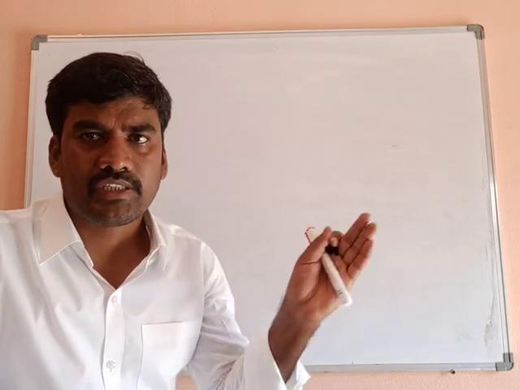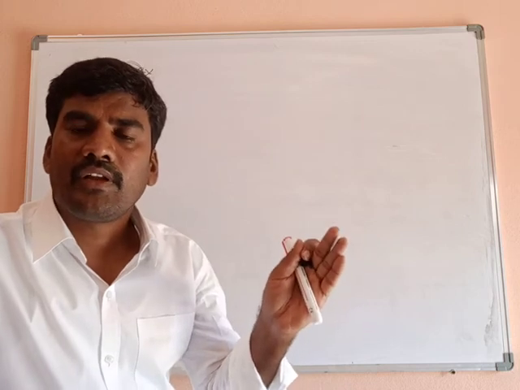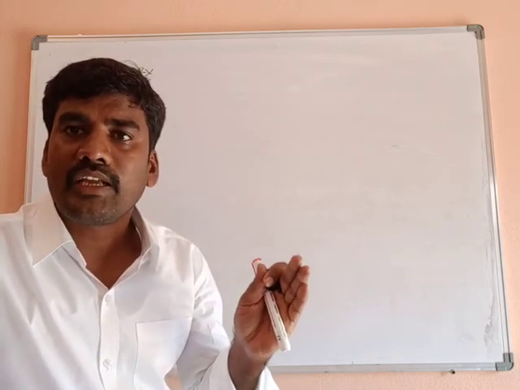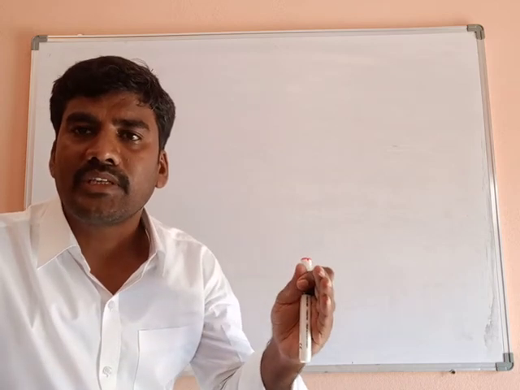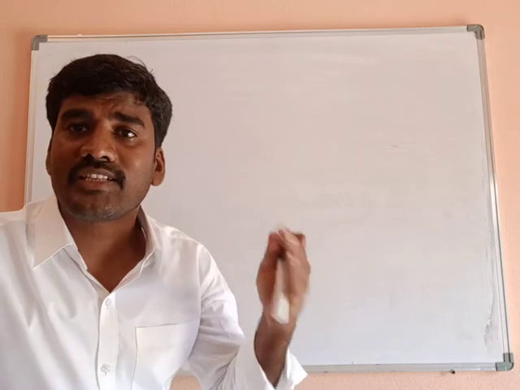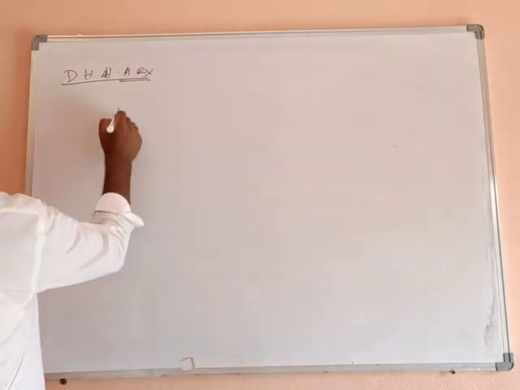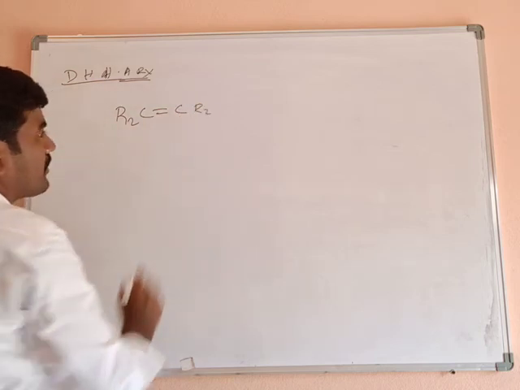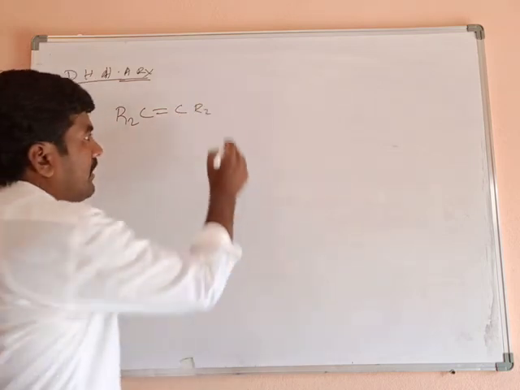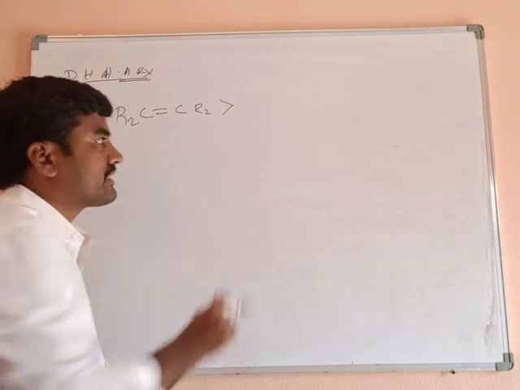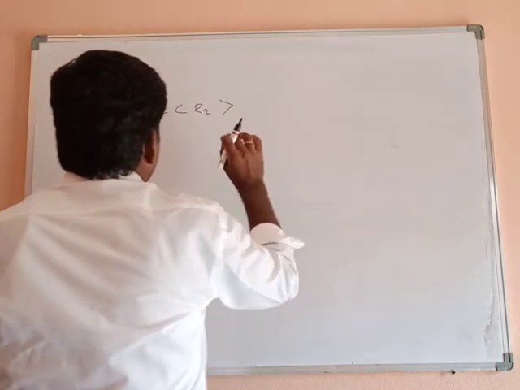Already we have discussed this in the mechanism. The rate of dehydrohalogenation is directly proportional to the stability of the alkene. If the stability of the alkene increases, the dehydrohalogenation reaction, the E2 mechanism, also increases. For example, R2C double bond CR2. Now two alkyl groups are there on each carbon, so it is very fast towards the dehydrohalogenation reaction. This will form the fastest.